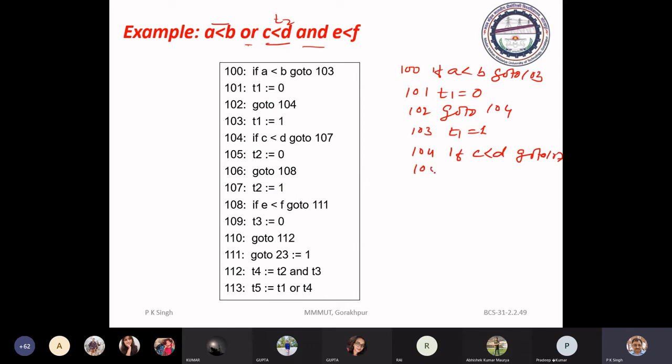Okay, 105 is T2 equal to 0, 106 is go to 106 plus 2, 108, and here 107, T2 equal to 1. After then, your input pointer will point to this.